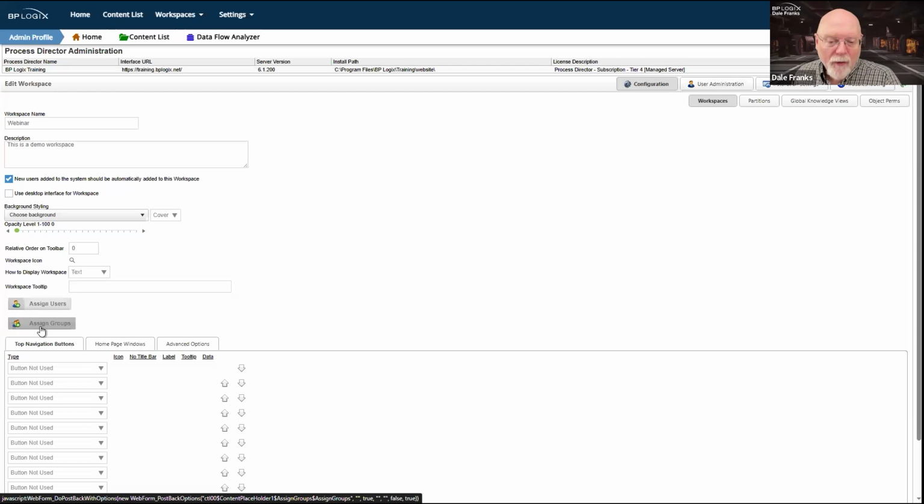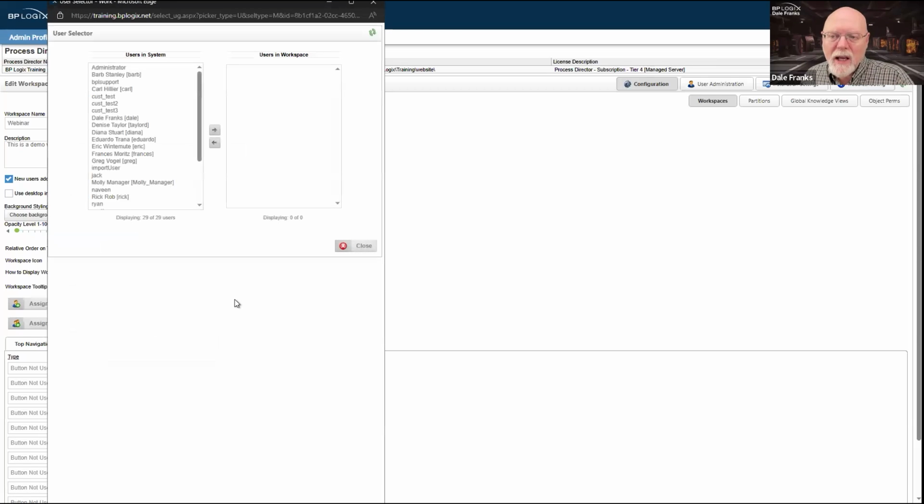So by default, we want to assign groups to workspaces. That way, as people are added to or removed from their user groups, the workspaces to which they have access will simply change automatically. What you do not want to get into the business of doing as a system administrator is assigning users directly to objects, which, by the way, is true at the process level, but is doubly true at the administrative level.